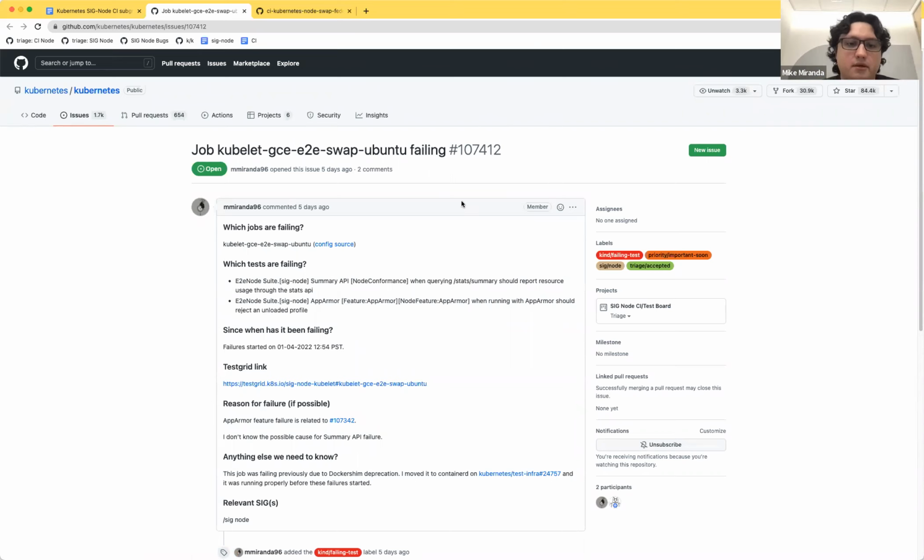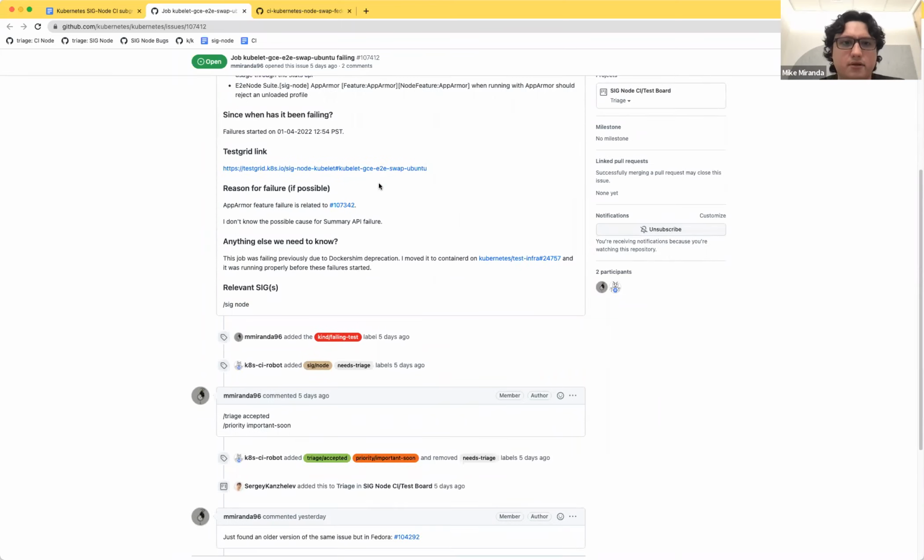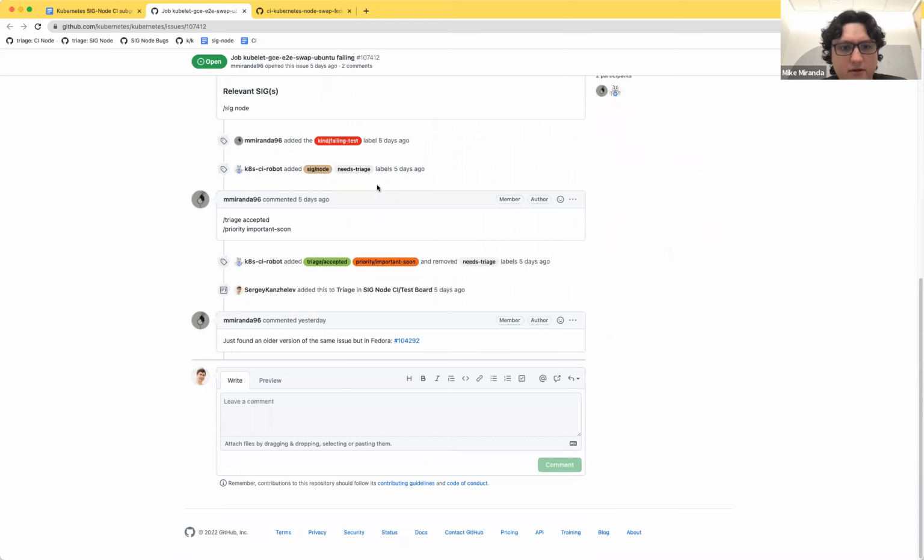Well, the suggestion some time ago was to increase the timeout period for some of the checks. I think it's 90 seconds, and they suggested to double it, but I don't think this is the solution. I don't think it's documented there.